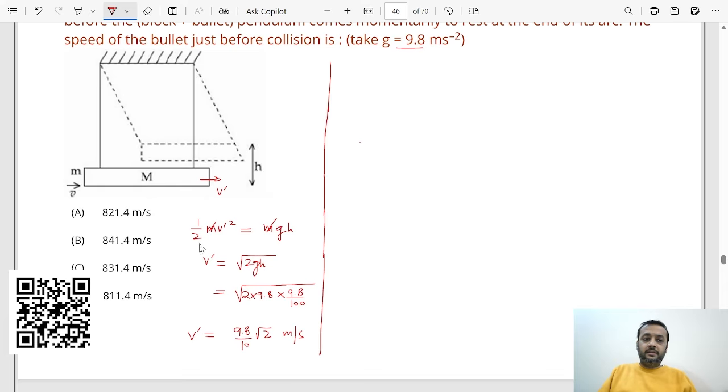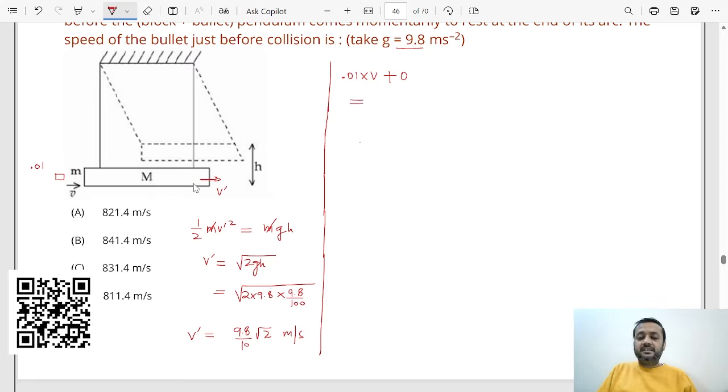So during the collision, the bullet which came was having a speed v, and the mass of the bullet is 0.01 kg. So the bullet has a momentum, but the block was stationary. So we can conserve the momentum during the collision because the net external force is zero along the x-axis. So the bullet has a momentum of 0.01 into velocity. This is the momentum of the bullet. The block did not have any momentum. That will be equal to